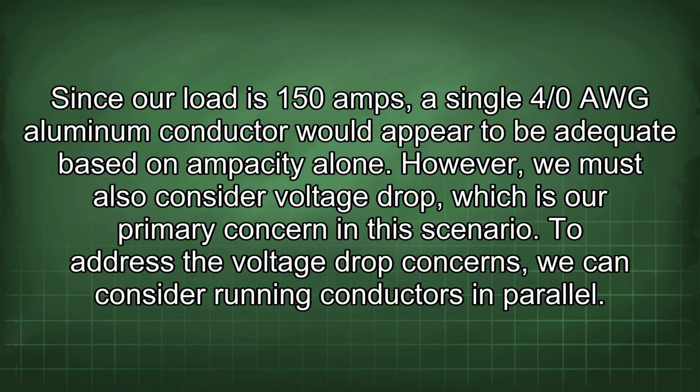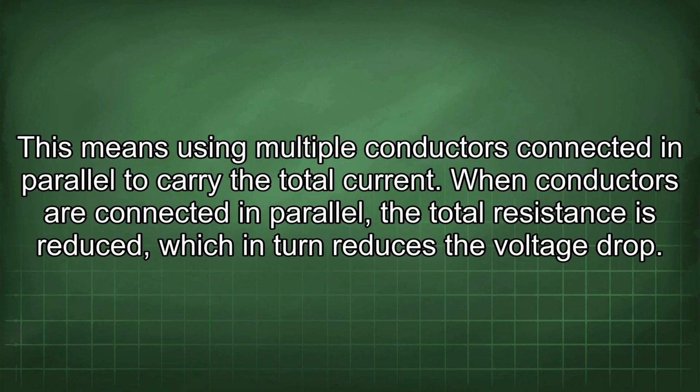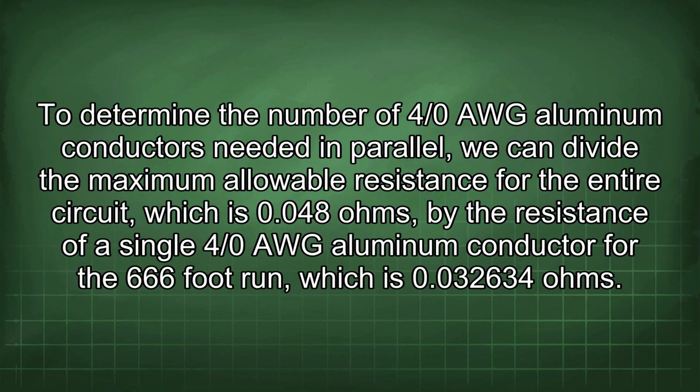To address the voltage drop concerns, we can consider running conductors in parallel. This means using multiple conductors connected in parallel to carry the total current. When conductors are connected in parallel, the total resistance is reduced, which in turn reduces the voltage drop. To determine the number of 4/0 AWG aluminum conductors needed in parallel, we can divide the maximum allowable resistance for the entire circuit, which is 0.48 ohms, by the resistance of a single 4/0 AWG aluminum conductor for the 666-foot run, which is